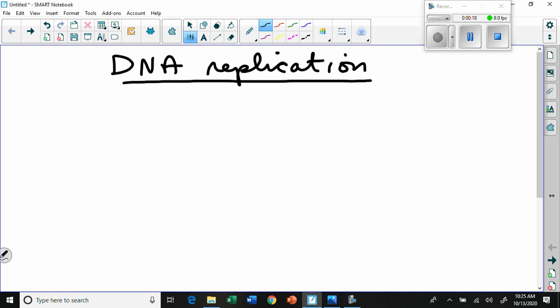All right. Much of what we're going to learn about DNA replication also applies to RNA replication. It's just that RNA is a single strand versus the double-stranded DNA. So there are some small modifications, slightly different enzymes involved, but we're just going to look at DNA as our main example. So first of all, I'm going to draw a little section